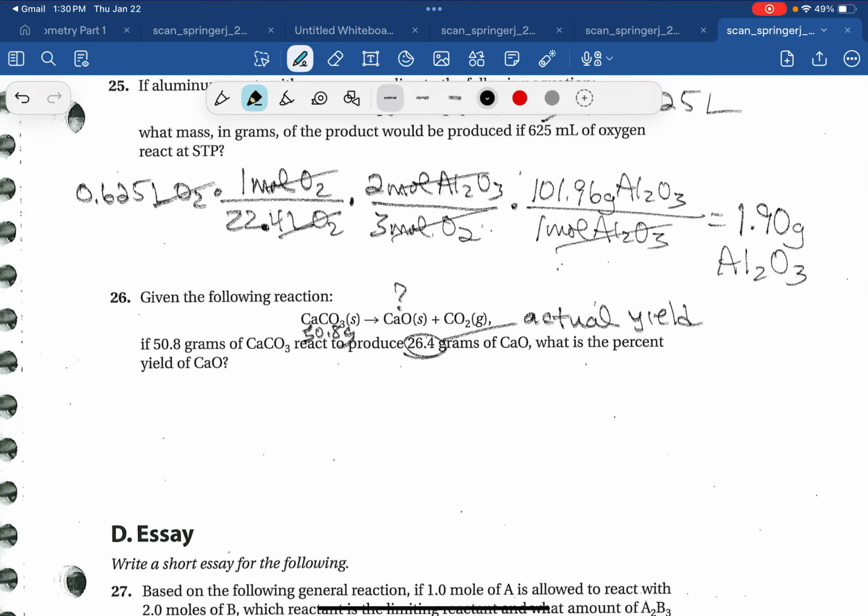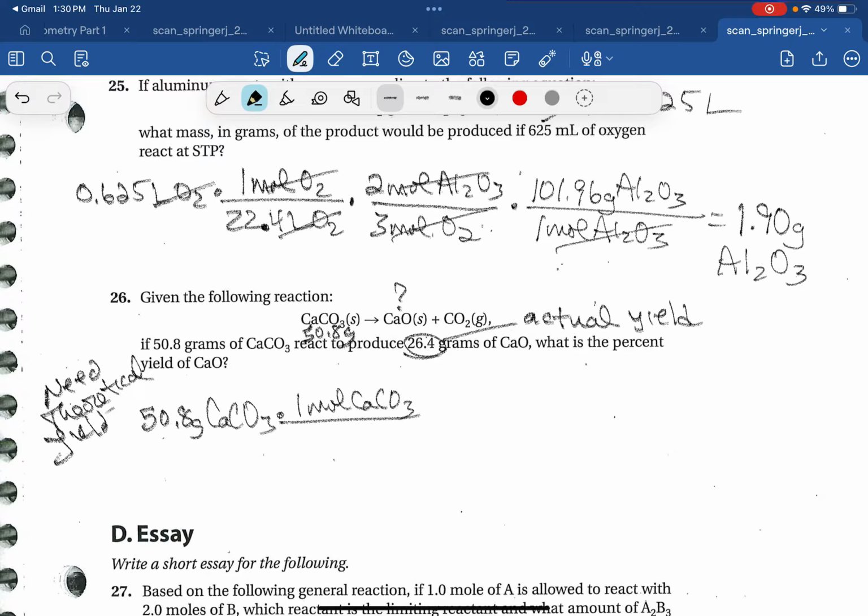We need to calculate the theoretical yield. So we'll start with our 50.8 grams, 1 mole over 100.09,